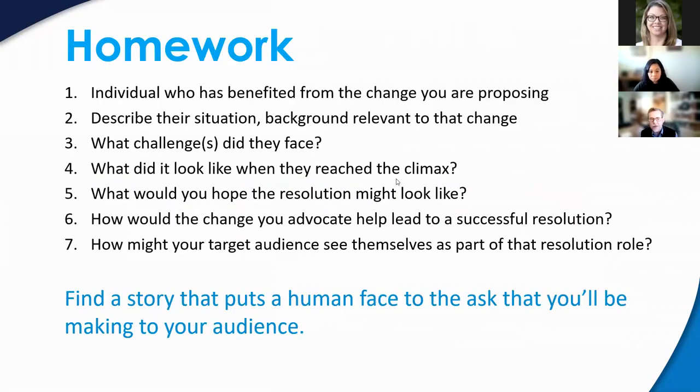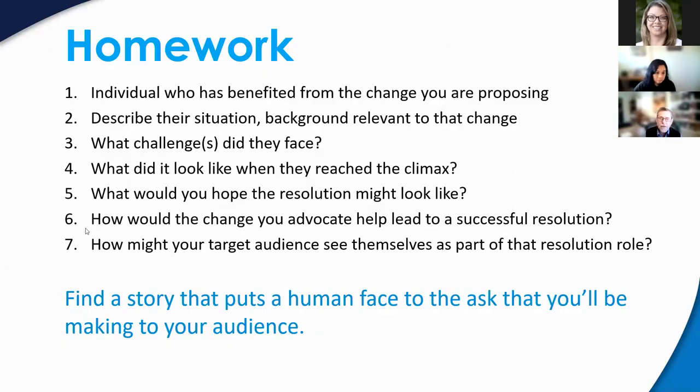What we'd like you guys to do is a homework assignment, and this is an actual homework assignment. We have it, and we'll send it off to you. Start to think about the stories that would match and make sense to the audience you've identified and the opportunities that you want to invite them to start moving toward. So the homework assignment that we're going to give you is to come up with a story. Again, I want to tell you, you don't have to have a resolution to the story. We'll help you manage through all of this.